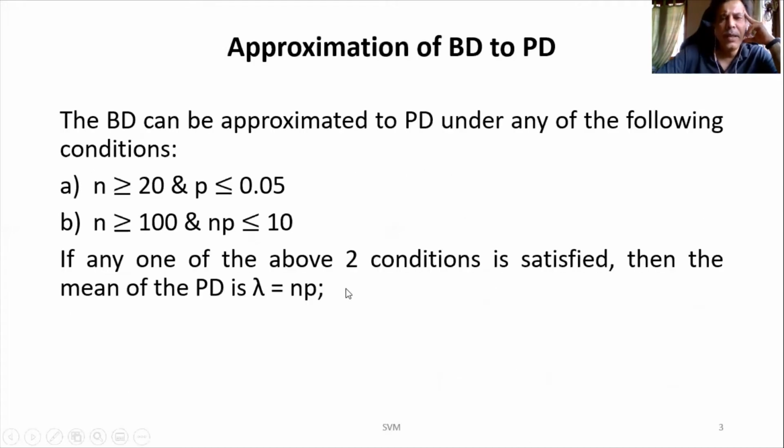Yeah. So in this, it is speaking about approximation of binomial distribution to Poisson distribution. Already in the beginning of Poisson distribution, we addressed that in the case of a binomial distribution, if the number of trials, that is small n, is very large, that is n tends to infinity, and the probability of success, that is small p, tends to 0, and if n into p leads to a constant, then that binomial distribution can be approximated to a Poisson distribution.